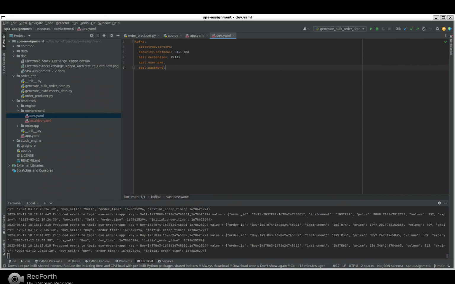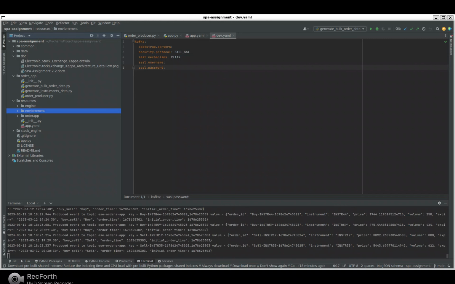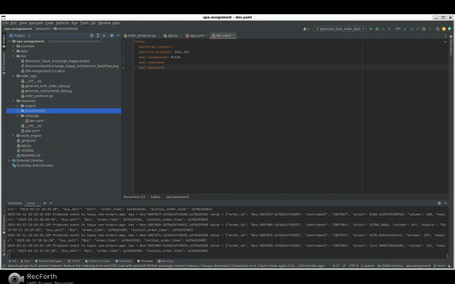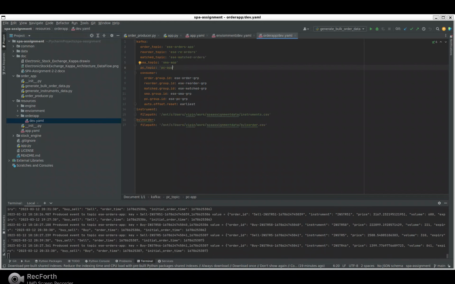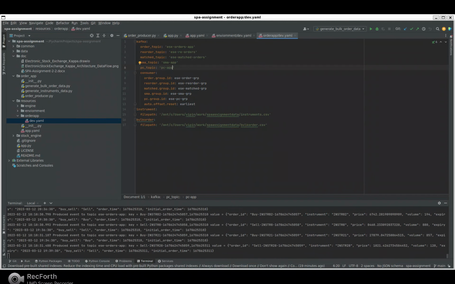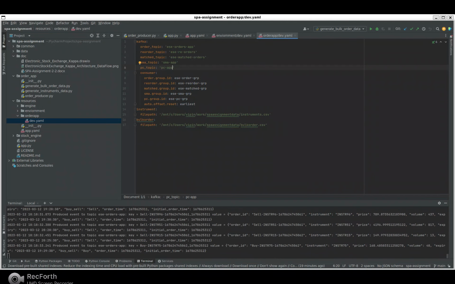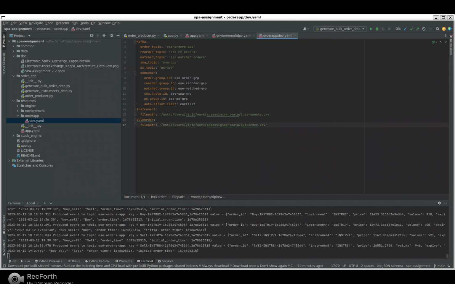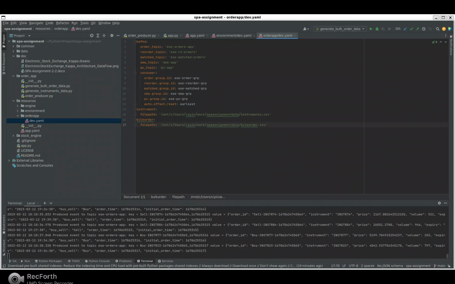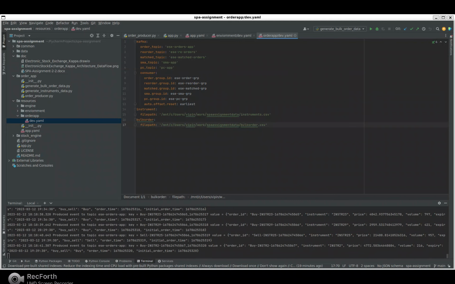This is similar to local dev. So here I have the Kafka configuration and credentials. And then in the order application, I have the order topic name, reorder topic name, match topic name; all the Kafka topics are listed here, and the consumer is listed here, and the instrument and bulk order file path